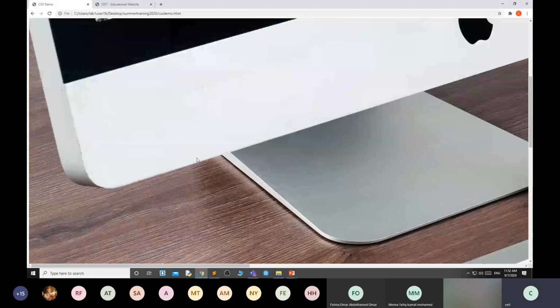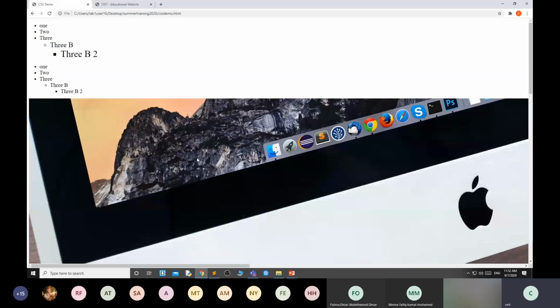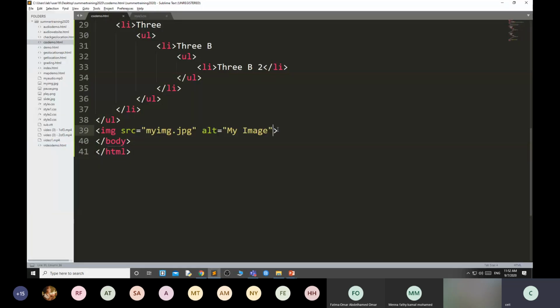I want to change this image size. Then what I can do here, you can write height and width here itself, or if you don't want to resize here, then I just use one div with class image.